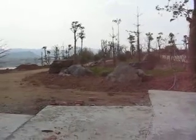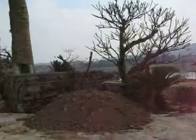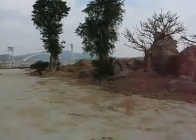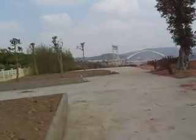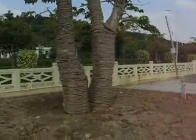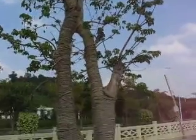Well, you may be wondering why I'm showing you all this and what any of this has got to do with a bridge, in fact, anything to do with horticulture, but you can probably see now that it's this kind of thing, the trees that have been planted. This is a huge tree,